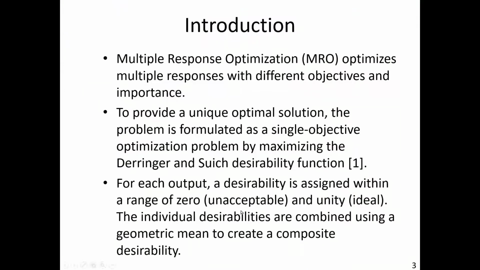And for each output, a desirability is assigned within a range of 0, which is unacceptable, and unity, 1, which is ideal. The individual desirabilities are combined using a geometric mean to create a composite desirability. And so you end up with a single response that you will then maximize, and in so doing, you're taking care of all of the individuals. Some individual responses might be to maximize, some might be to minimize, some might be to hit a target, some might have different importance, and you can control all those individually, and then you come up with this one composite